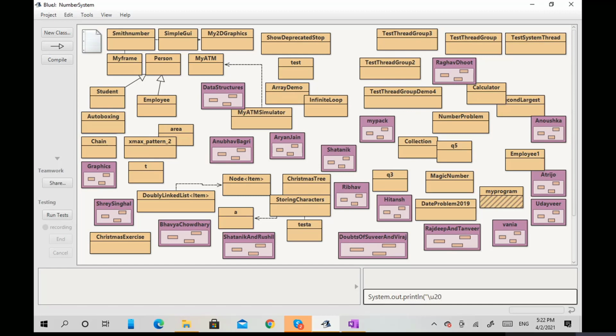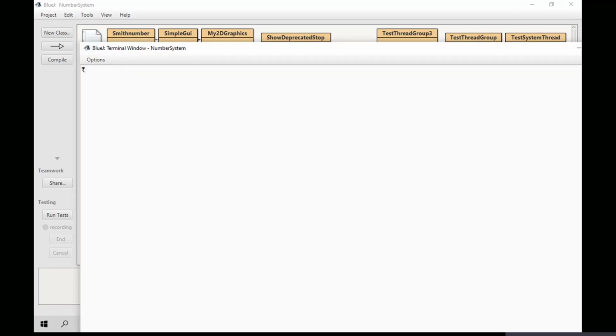If I write this, it will print the rupee symbol in my terminal window. Now you can see the rupee symbol in the terminal window. So this is the Unicode of the rupee symbol.